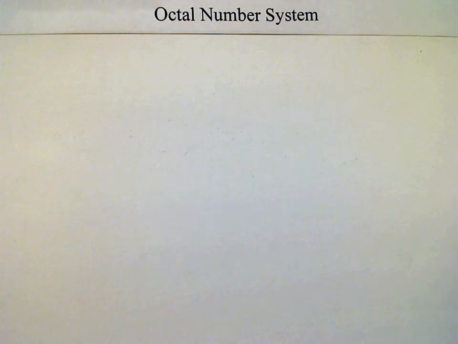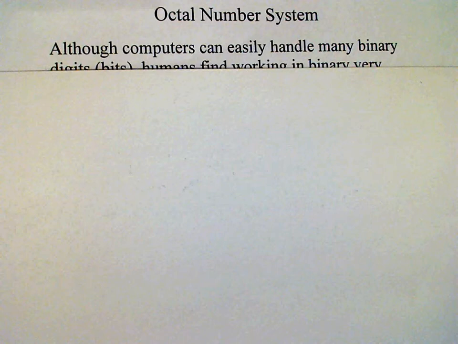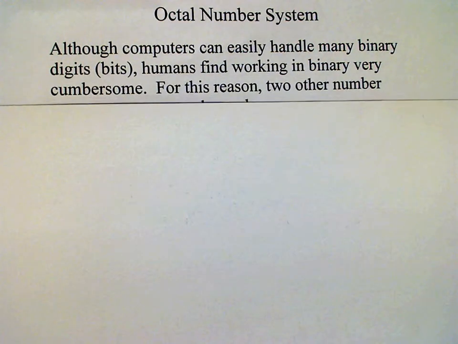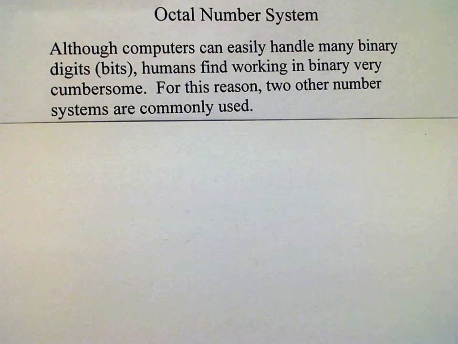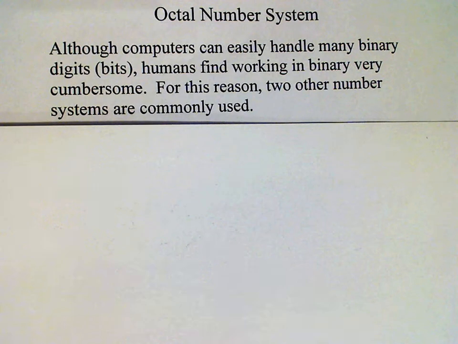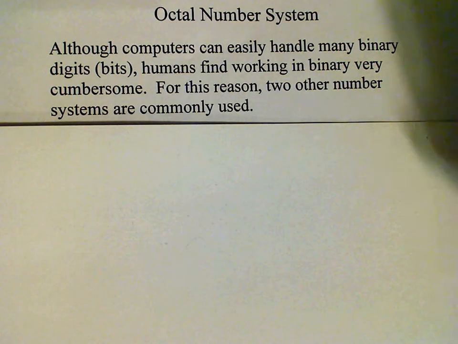In the previous video, we learned about the binary number system, and we learned that computers use binary to represent numbers because it's easy for computers to keep track of a lot of ones and zeros. But for humans, keeping track of all those ones and zeros is very cumbersome. And for this reason, humans prefer two other number systems when working with computers, and one of these is the